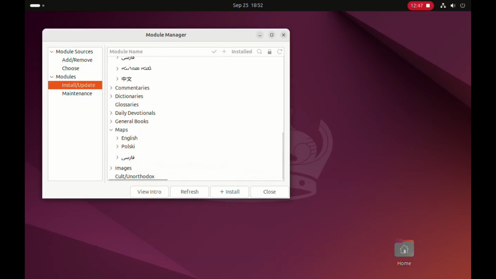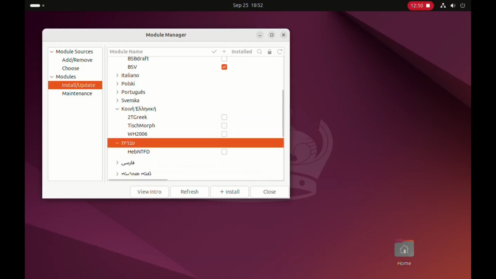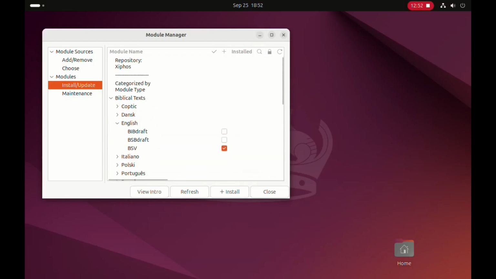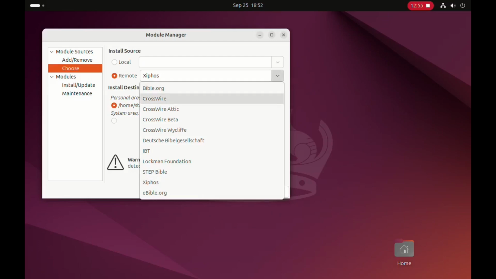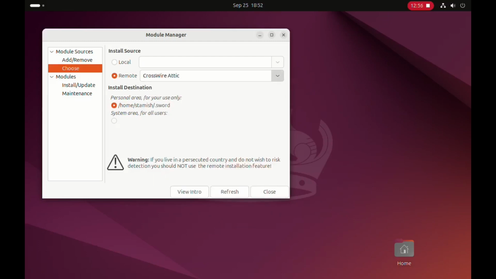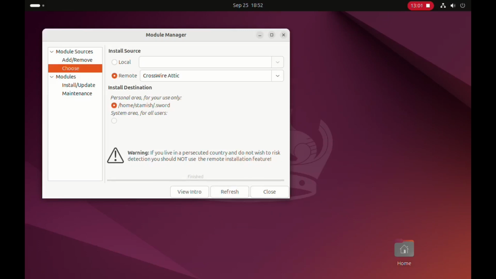I'm looking for a specific module. Okay, let's go back to Choose. Okay, Xiphos doesn't have it. Crosswire Attic, let's see what's in here. Okay, I selected Crosswire Attic, refreshed,